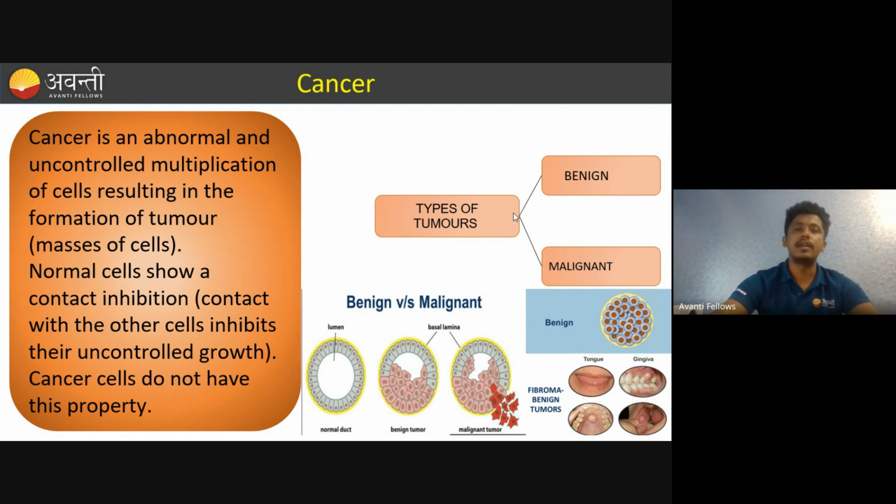So what is it generally? What is cancer? Cancer is an abnormal growth or uncontrolled multiplication of cells. Whenever you talk about your body, that's why I tell you, when you look at the biology of your human body, it is beautiful. Why I say it is beautiful is because